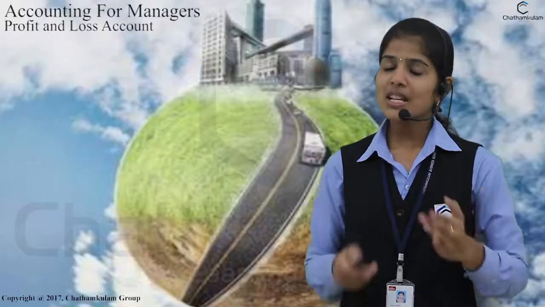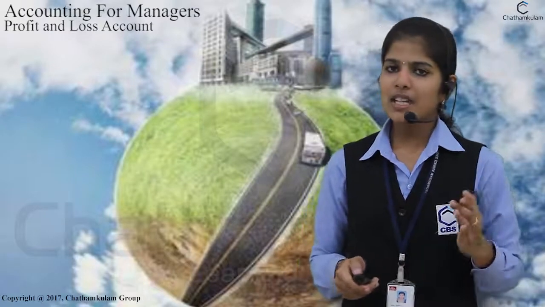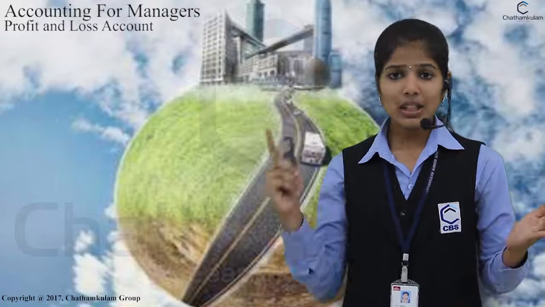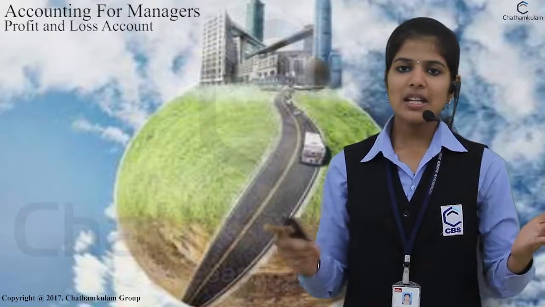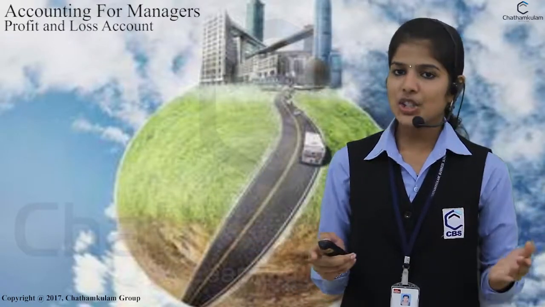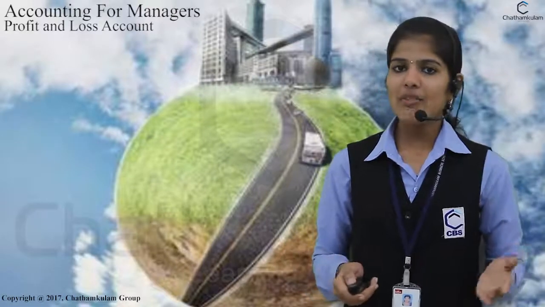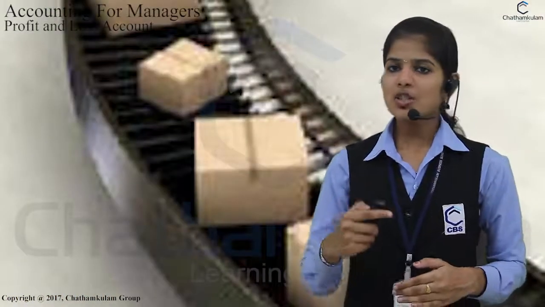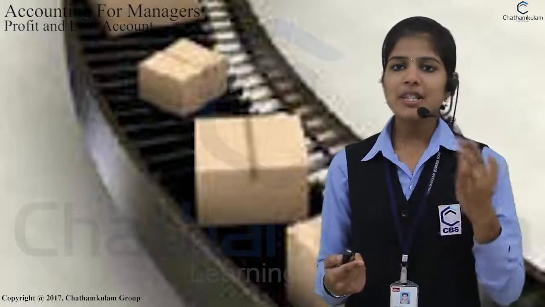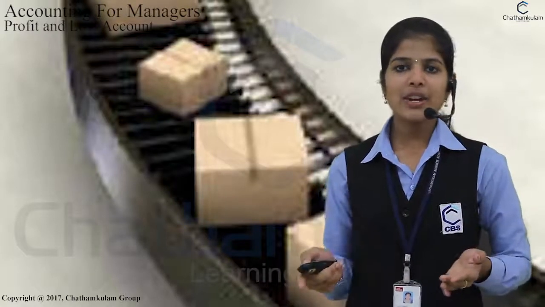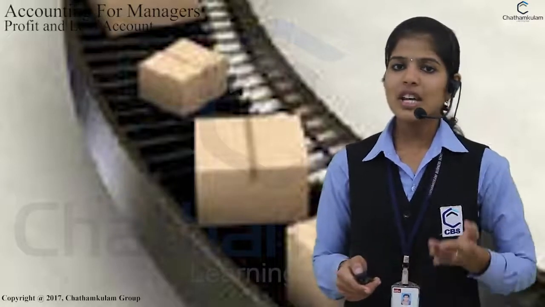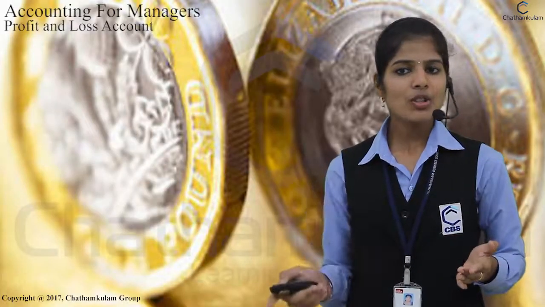The next one is the selling expenses. Selling expenses involve advertisement, discount allowed, commission paid, salesman salary, godown rent, carriage inward, agent commission and traveling expenses. Next is the distribution expenses. Distribution expenses involve depreciation on vehicles, upkeep of vehicles, traveler's salary, and repairs and maintenance. And the non-operating expenses involve discount on issue of shares and preliminary expenses.